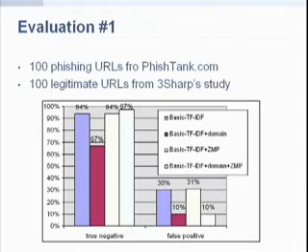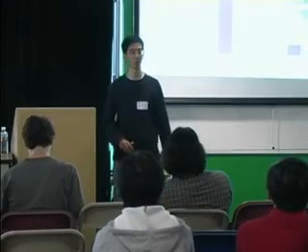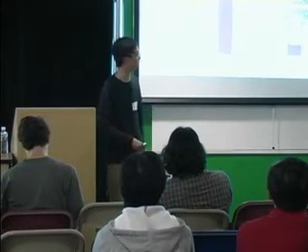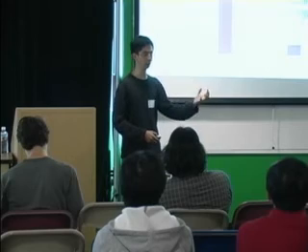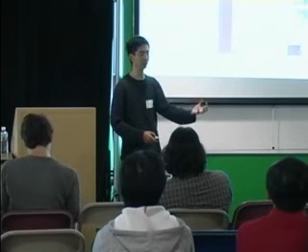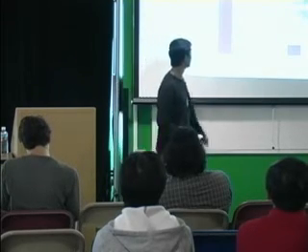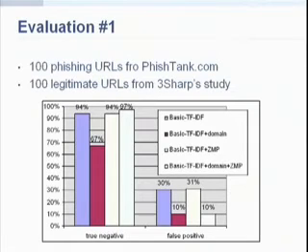So we also added a few very simple heuristics to see if we could fix this. The next one is basic TF-IDF plus domain. Basically this means add in the domain name of the website you're currently on as one of the terms into Google. So instead of 5 words, now it's 6 words. For the eBay example, it would just add in the word eBay again, so it would be there twice. Unfortunately, the true negative decreases to 67%, so that means it's not as effective for identifying phishing websites. But you'll notice that the false positive rate also decreases down to 10%. So that's one of the trade-offs here.